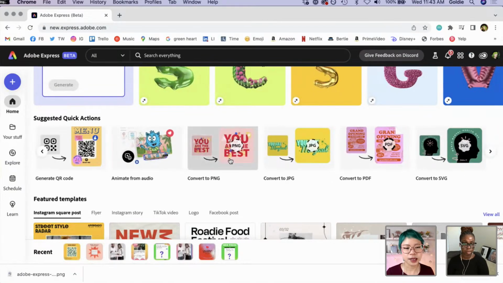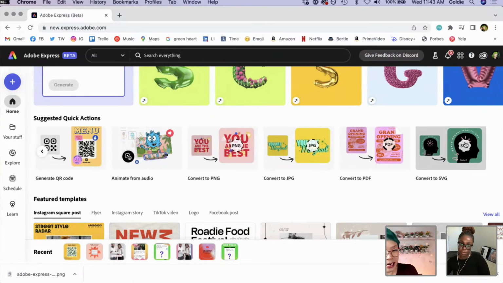Another thing that I think is really helpful is all of these fast conversions. So convert to PNG, convert to JPEG, convert to PDF, convert to SVG. I wanted to point these out because this is something that is super fast that you may or may not need at some point.